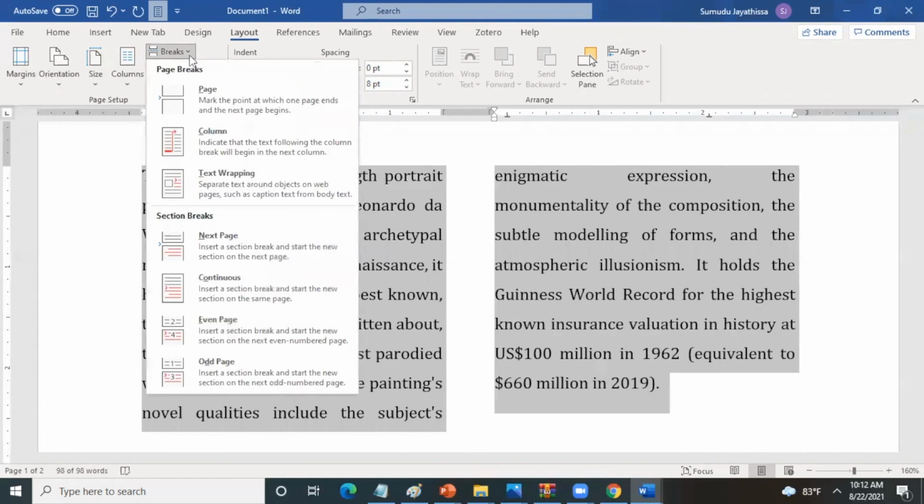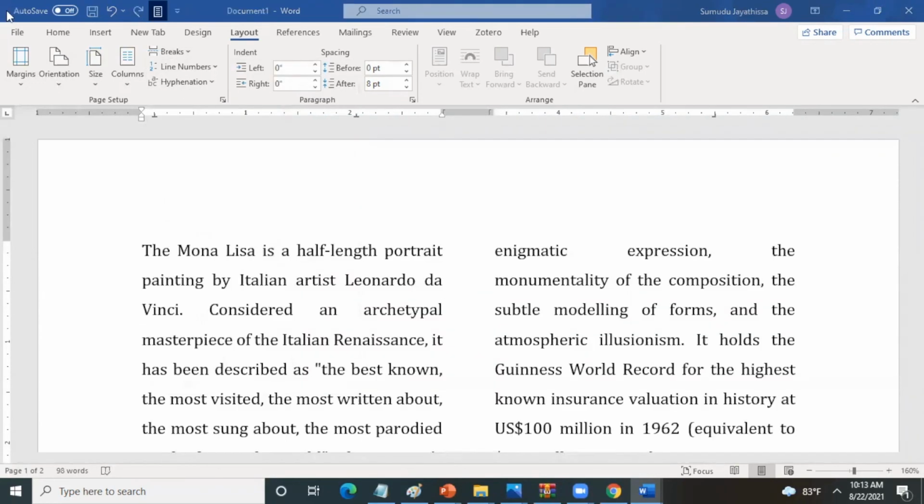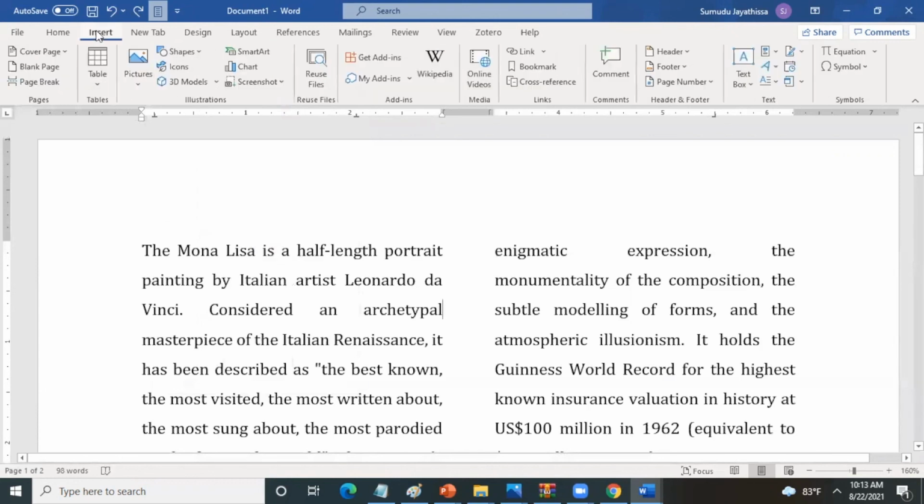So moving on, breaks. Here you can see there are two types, section breaks as well as page break. If you use this page break, so let's move to your